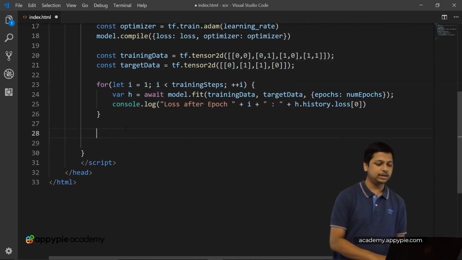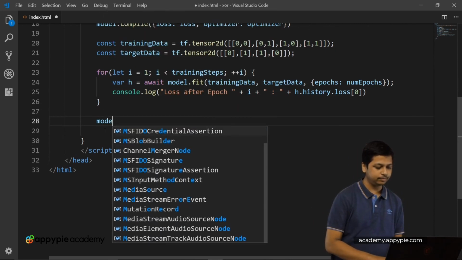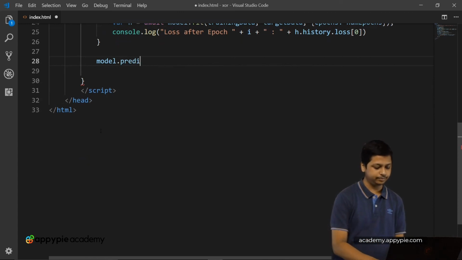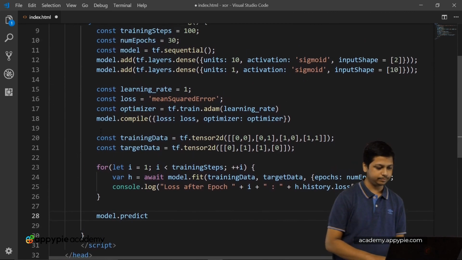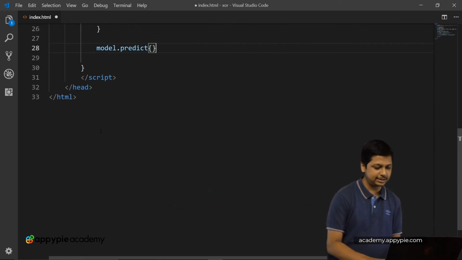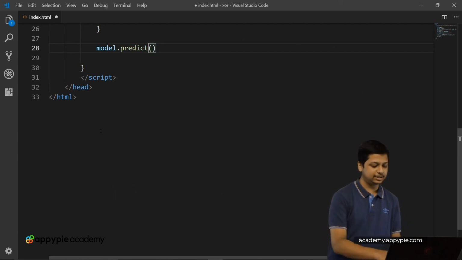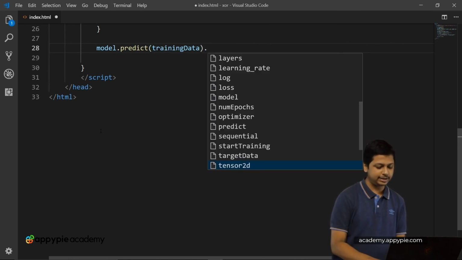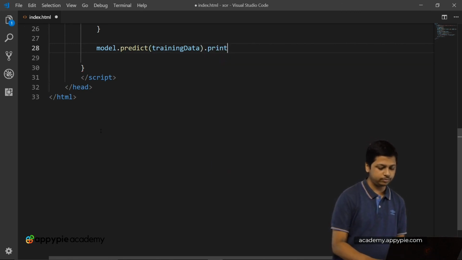So over here, outside of the for loop, we have model.predict, which takes in the input value. So let's pass in the training data.